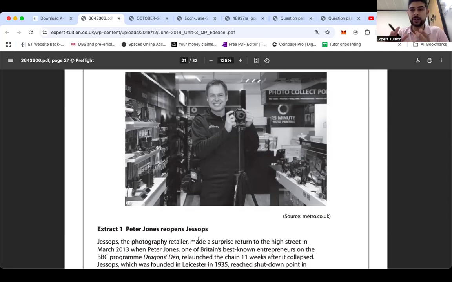The second evaluation, I think, is so clever. I'll give you guys three evaluations. Obviously, you don't need all of them, just in case this one wasn't instinctive. When you read the extract, and I highly recommend that you do, it talks about how when you go in store, you can try out the camera, you can ask questions of expert, enthusiastic staff, and all these things. You can make the case that even though you're getting the exact same camera, if they're charging a higher price in store compared to online, it is not price discrimination, it is product differentiation because you get a different